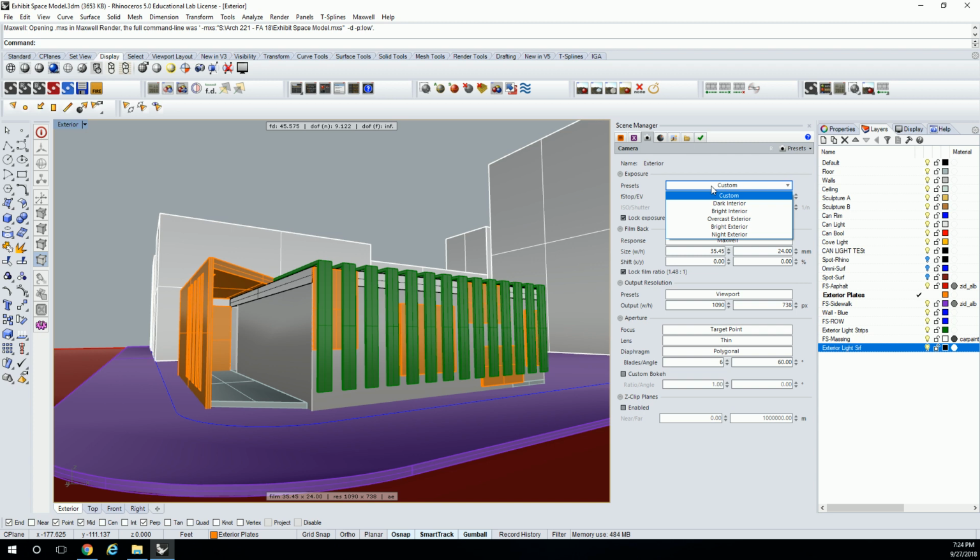Do you know what exposure is? It's how much light is actually hitting and being absorbed by the film of the camera, right? So basically, how much light is going to be in the image. You can set it for dark interior, bright interior, overcast interior, bright exterior, or night exterior. It's not that intense, but I'm going to set mine to bright exterior,